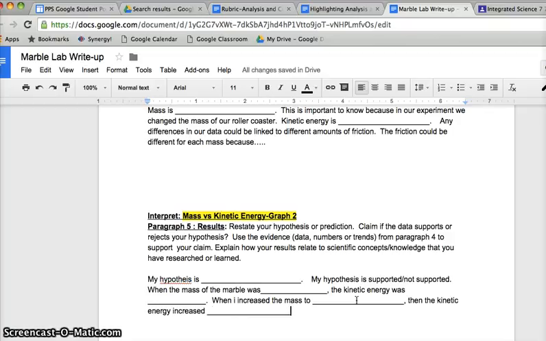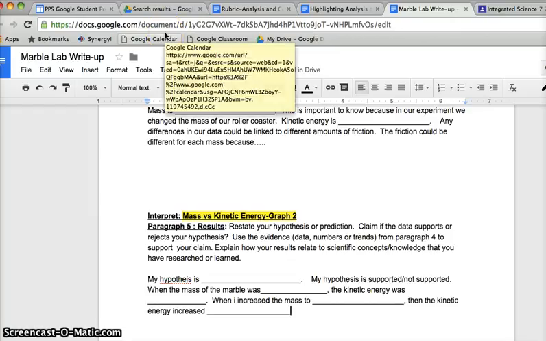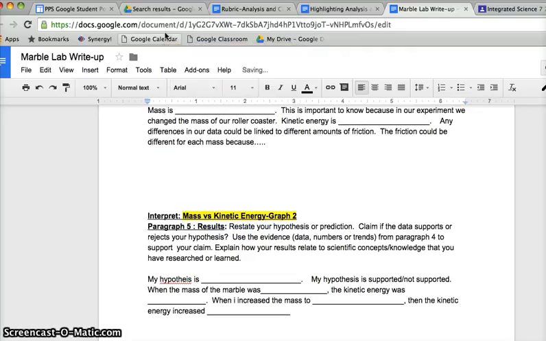Now if you're doing the percent change, you would put your percent changes in here. If you go to the Google Classroom and there's a link there that talks about how to do a percent change, you put the percentages in here, and then finally the last thing you want to compare is